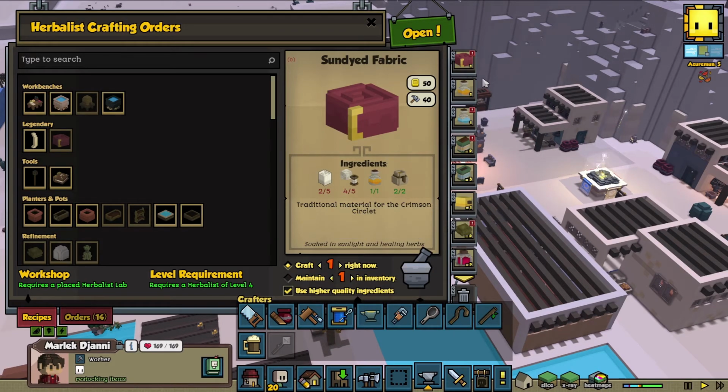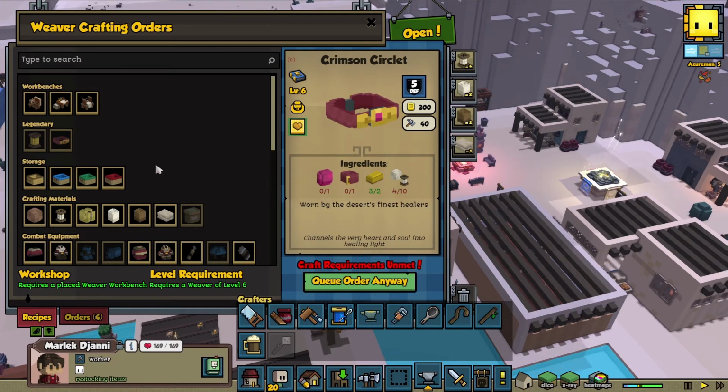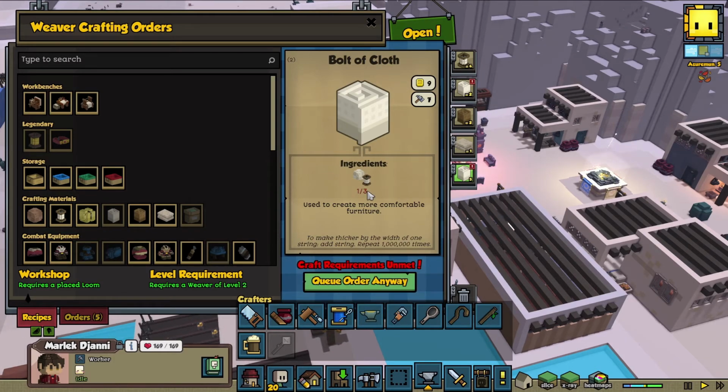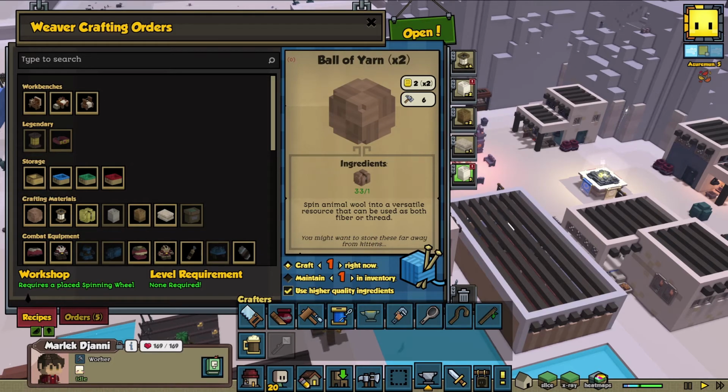Craft one of those. We'll just need thread and cloth. So I'm just going to say, weaver, create 5 bolts of cloth. That'll use up any thread that we've got, but yeah. Bolt of cloth requires 3. You know what I might do? That's 10 lots of this. That's going to make 20. Let's just go for...